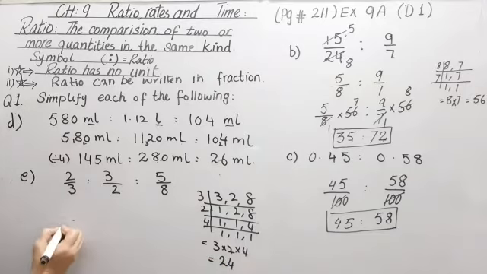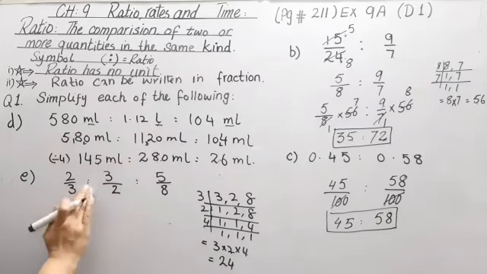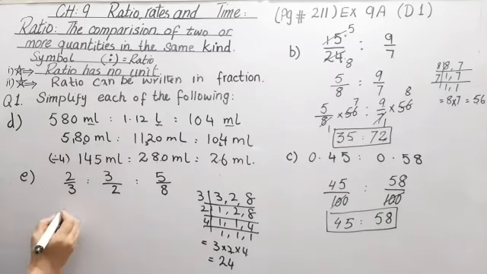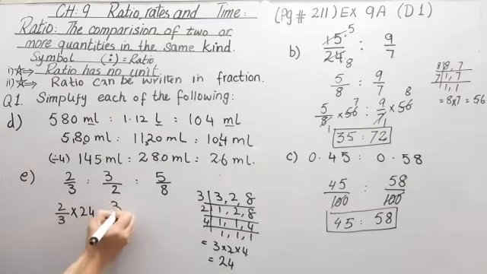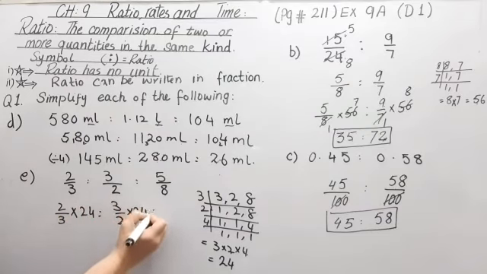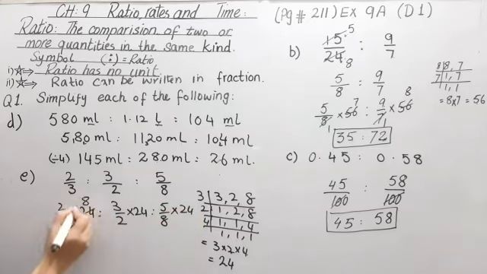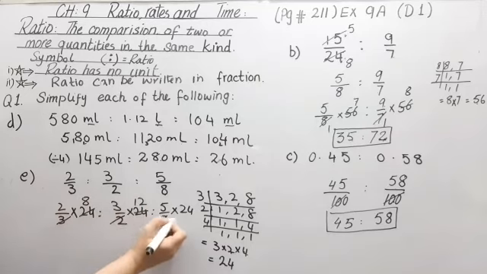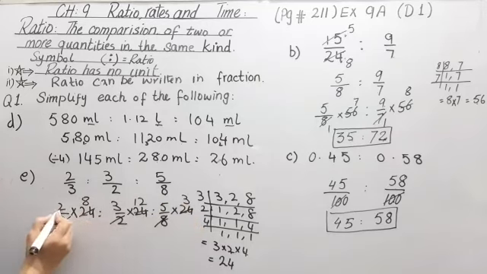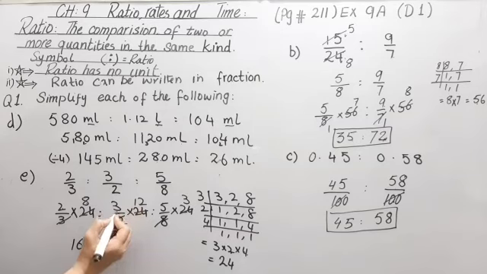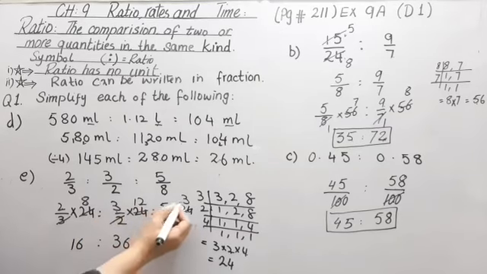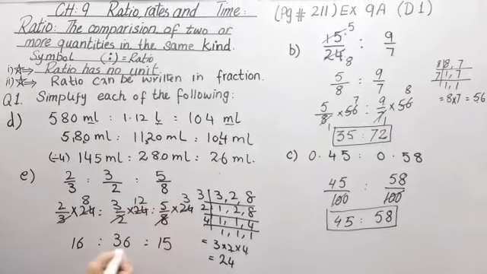Here we don't take the LCM like this. In a ratio we multiply the LCM with each number, into 24. 3 by 2 into 24 and 5 by 8 into 24. 3 eights are 24, 2 twelves are 24, 8 threes are 24. Now we have 2 multiplied by 8. 8 twos are 16. 12 threes are 36. 5 threes are 15. We know 15 and 16 don't come on the same table, so this is our answer. Thank you.